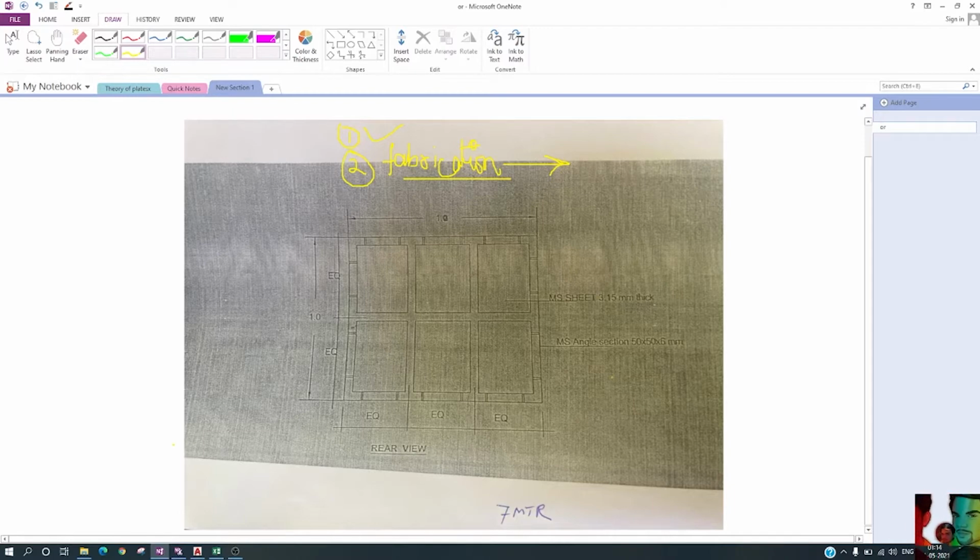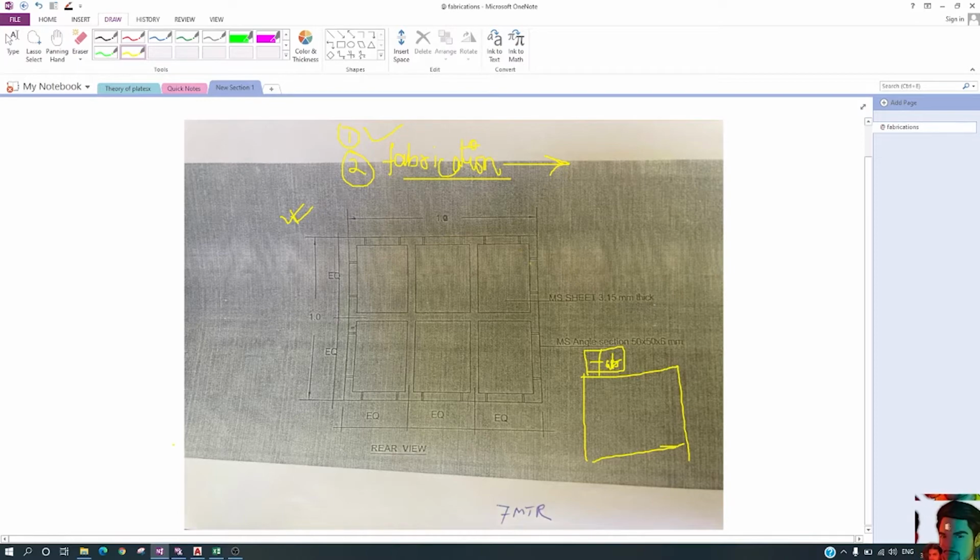A fabrication drawing is basically a drawing made before the production happens. Okay, for example, this is your factory workshop, and you have to make this shuttering plate.